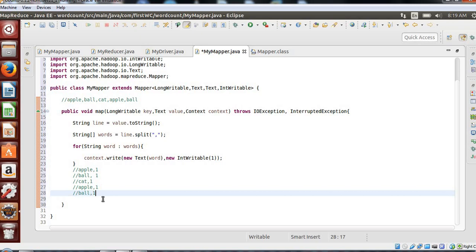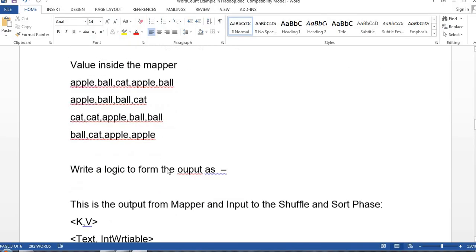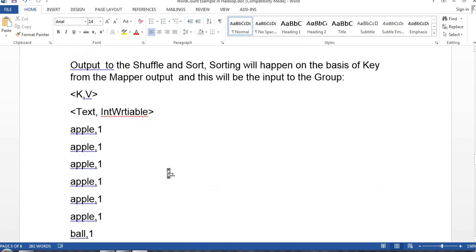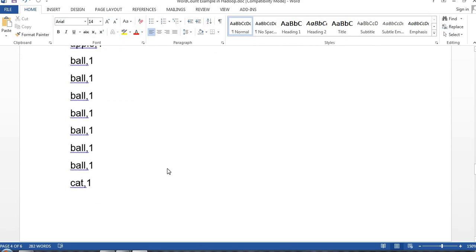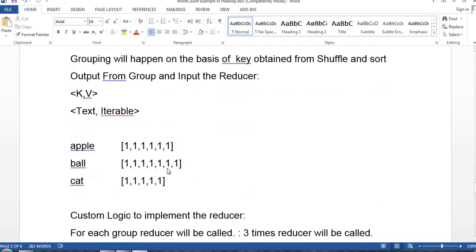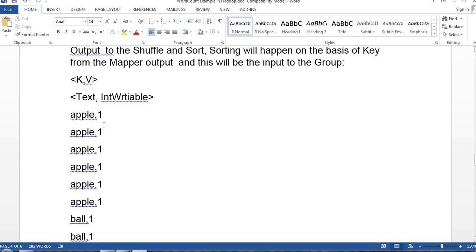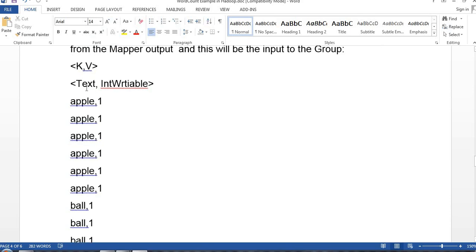Okay. Now from here it will move to your shuffle and sort phase, and then to the group phase. So in the shuffle and sort phase, what happened? It will sort it in ascending format as whatever is given in the text.